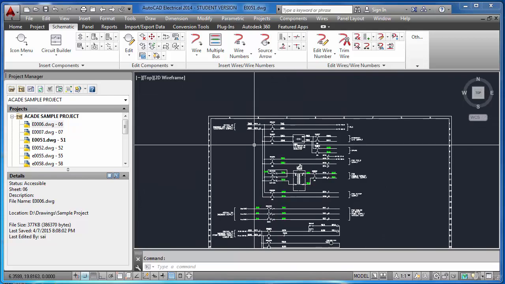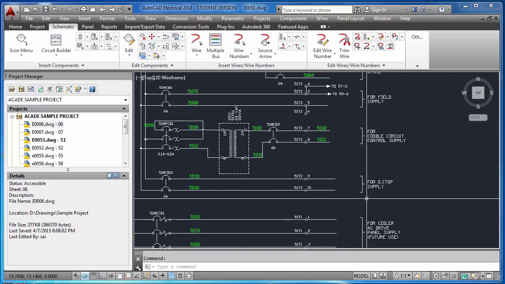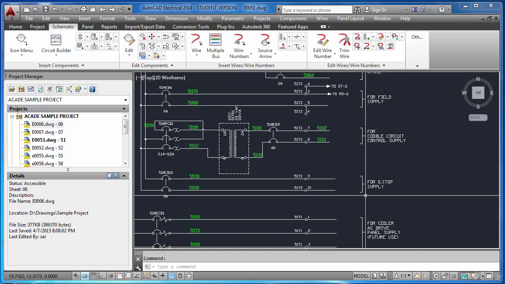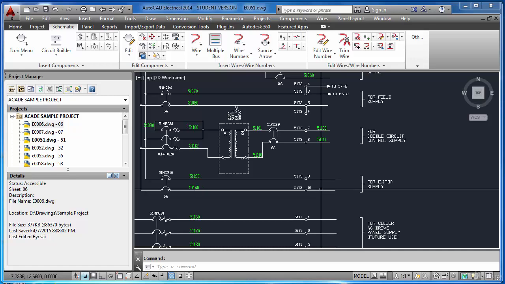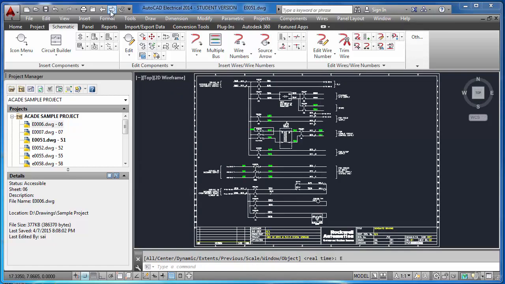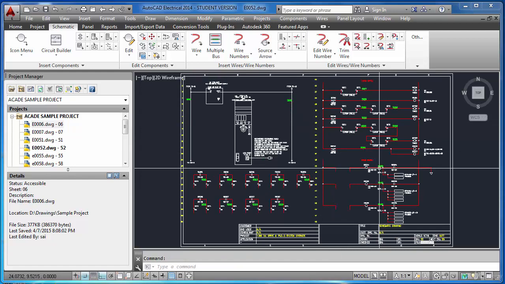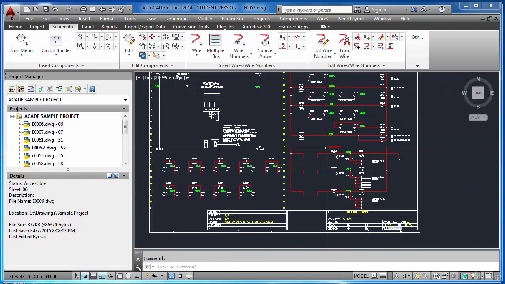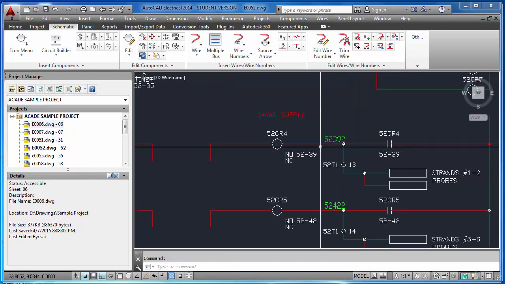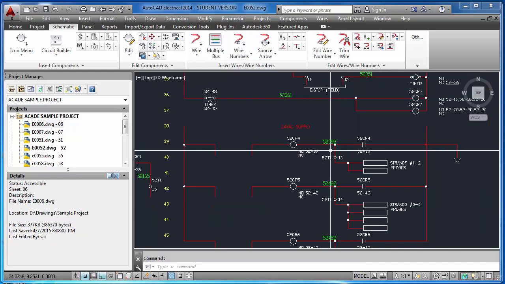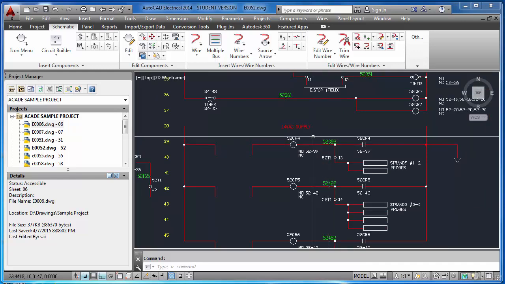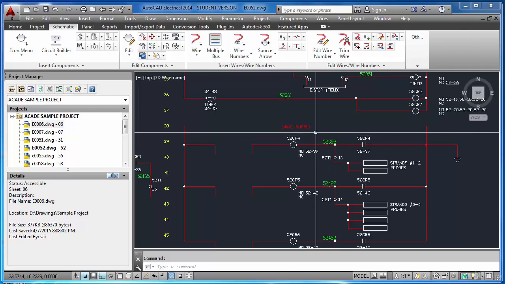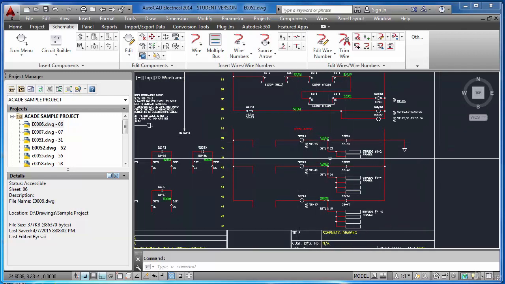So this top is basically for controlling that particular circuit, this circuit. And if you see the bottom here, you can see 24 volt AC supply. This is basically the control circuit. Okay, so from the previous sheet we have to feed 24 volt AC supply to this circuit,